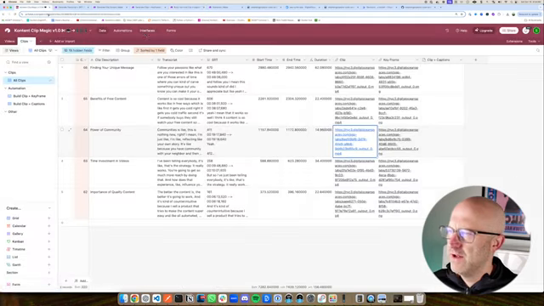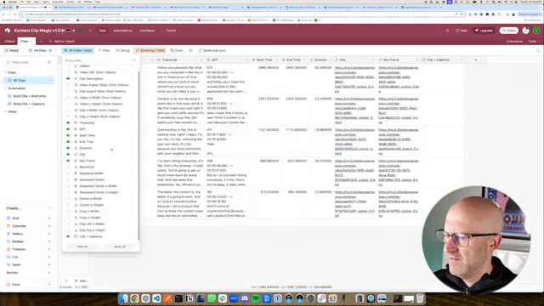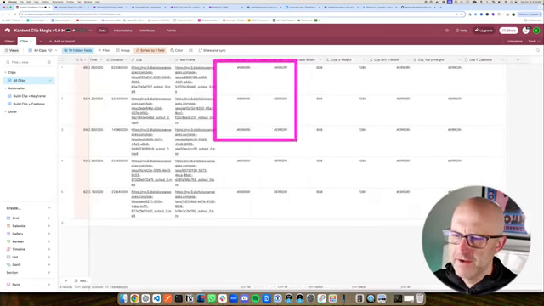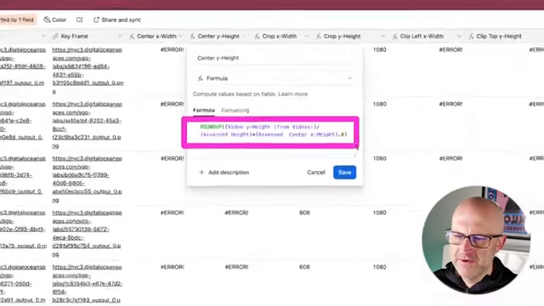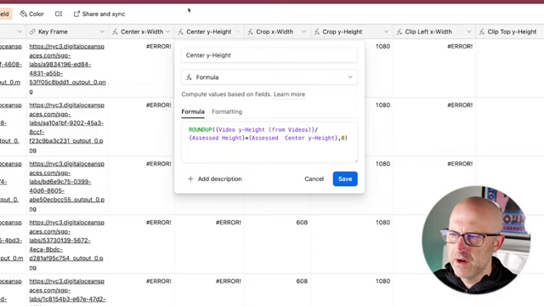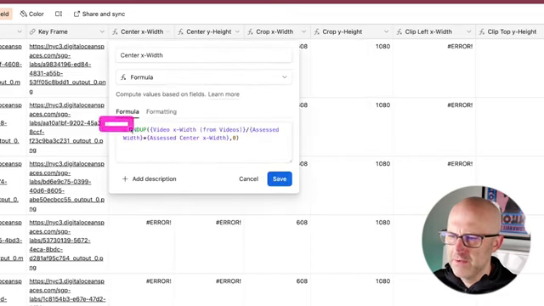And the reason why I do that, I'll jump back to Airtable. I have a lot of hidden fields here that aren't exposed that do several different calculations. I'll go ahead and open some of these up. We have some errors here because we haven't actually run the automation, but if we jump into the fields here, we're going to see I'm doing several different calculations to make sure that we are properly using the right aspect ratio to detect exactly how to cut that video and then actually scale it back up to the proper size